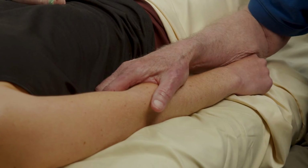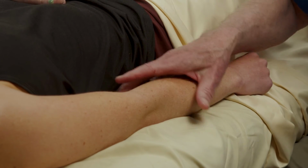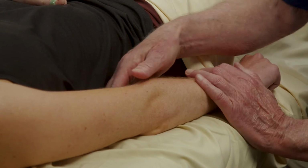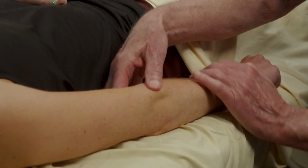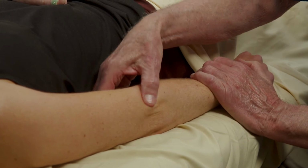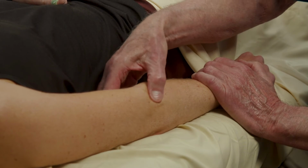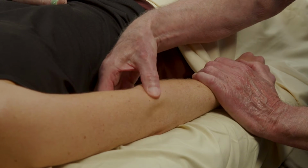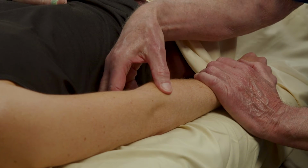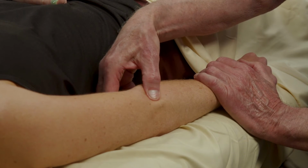Now that we've done the general warm-up for the whole upper extremity with special focus on wrist flexors and extensors, we can take a position to allow us to actually provide the deep transverse friction treatment. For tennis elbow, we would be finding the most tender spot and doing the friction work for that. So just for the sake of an example, we're going to be working on the myotendinous junction of the extensor carpi radialis brevis. So we palpate at the radial head,